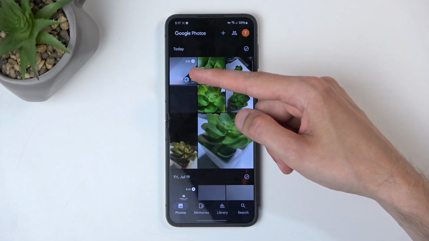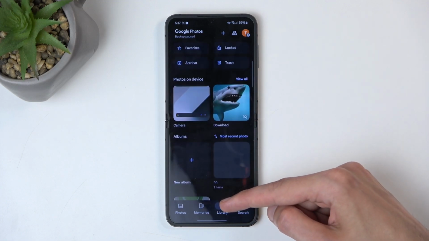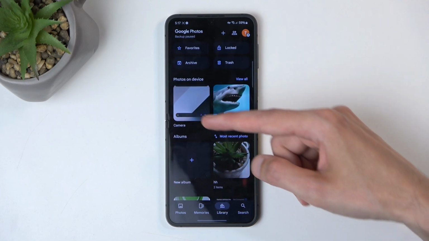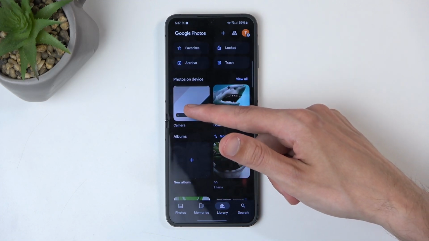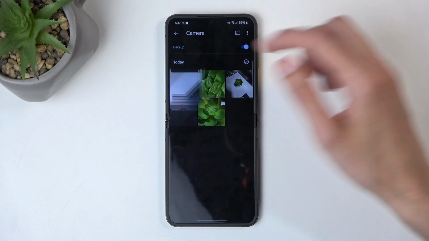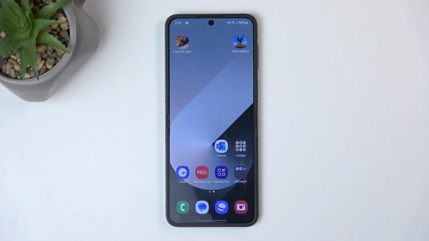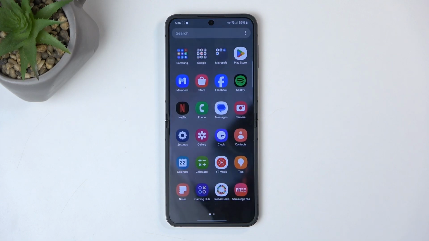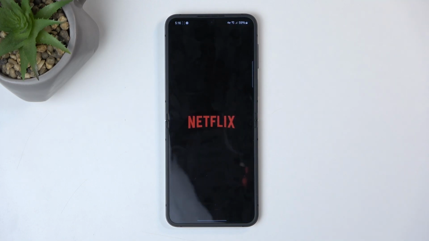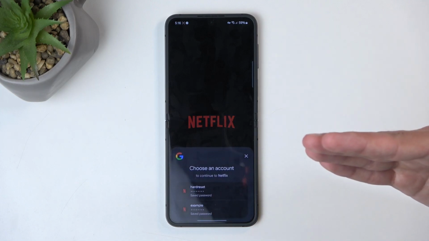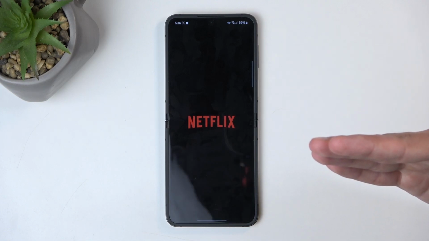So it is visible in the Photos tab, but you can also navigate to the library, and it looks like it's going to be stored under the camera section, so we have camera, and you can view it in here. And what you will see in a second is that everything that I did up until opening up Netflix was recorded just fine. But the moment I did open up Netflix, what you will get is, disregard this, and there we go,